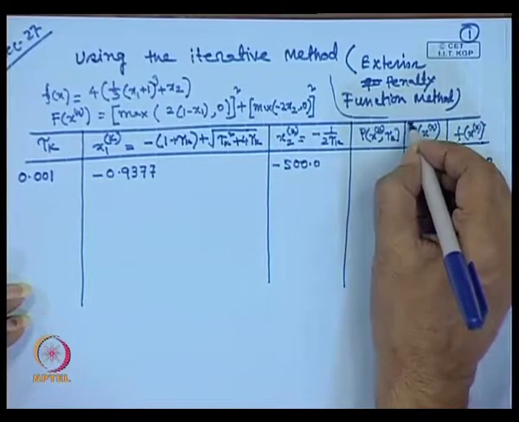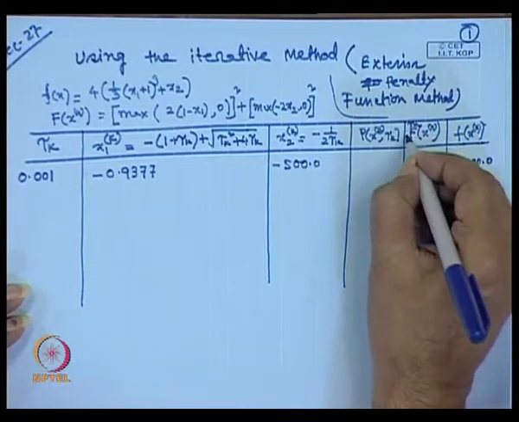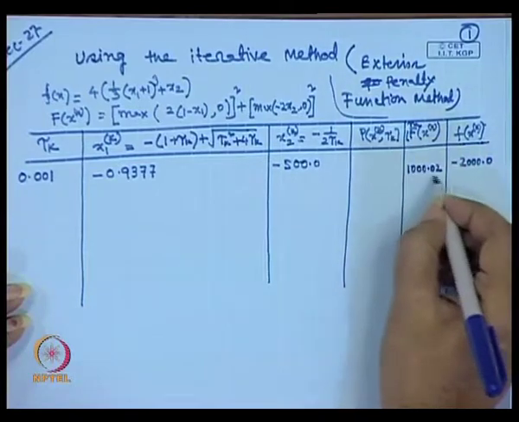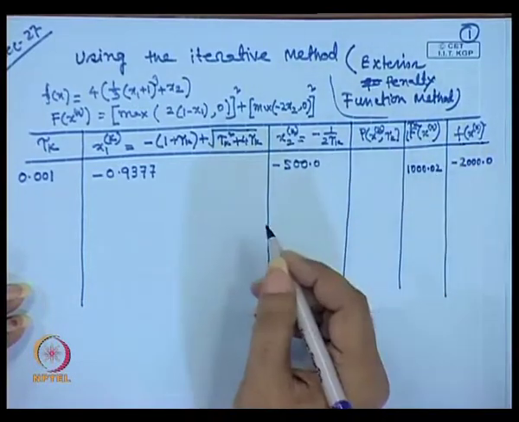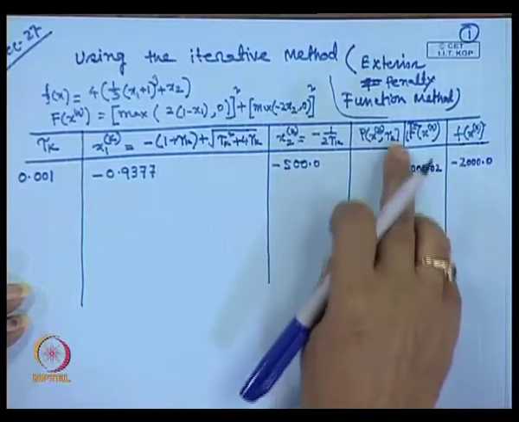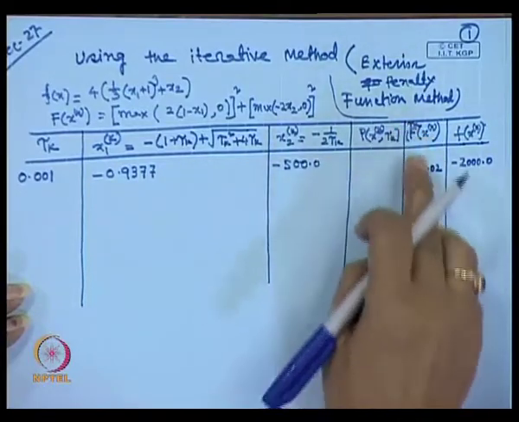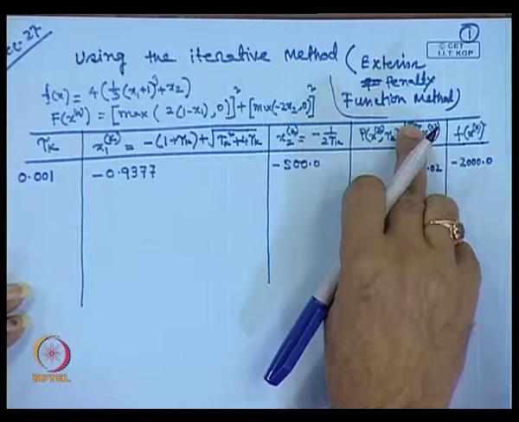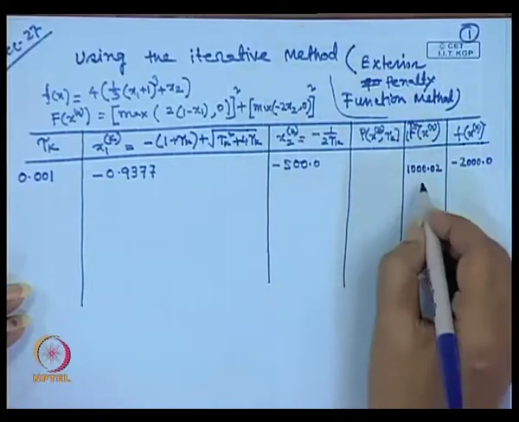The next choice of tau k is 10 times of this one, that is 0.1, because for the exterior point method, if you recollect, lambda k plus 1 divided by lambda k is equal to c. C is greater than 1 and we say that c value is 10. So, next is this value, if you put this value, you will get